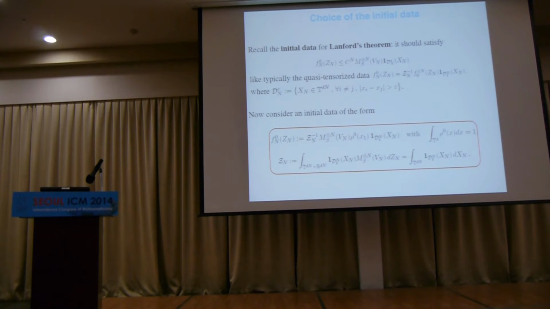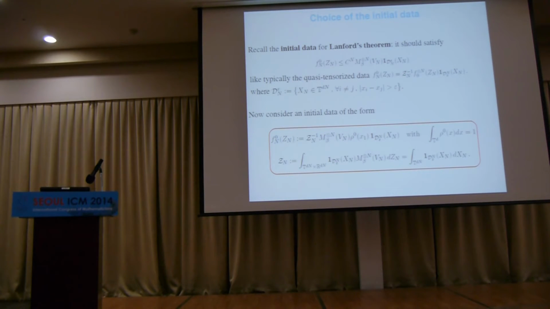Okay? So for the Boltzmann equation, you're looking at tensorized initial data. So for instance, you should take n copies of one function, and then you have to put the exclusion property, and you have to normalize. And that's a typical Boltzmann initial data at the level of particles. More generally, all you're asking for your initial data is to be controlled by a Gaussian. That's important, and we saw that in Lanford's theorem.